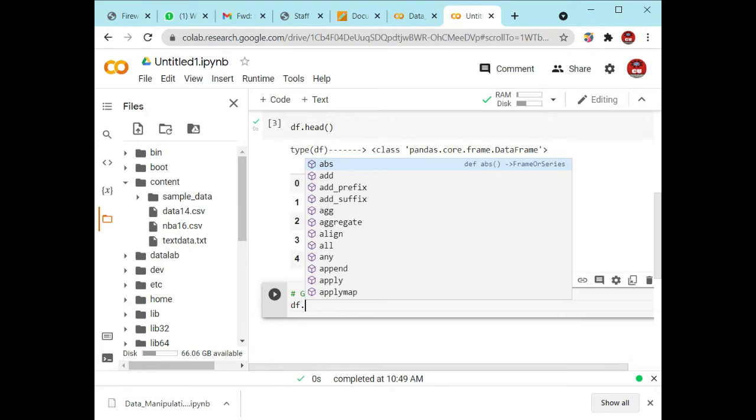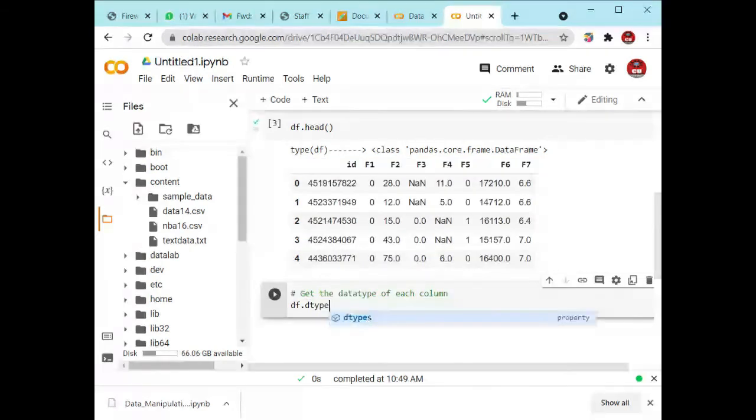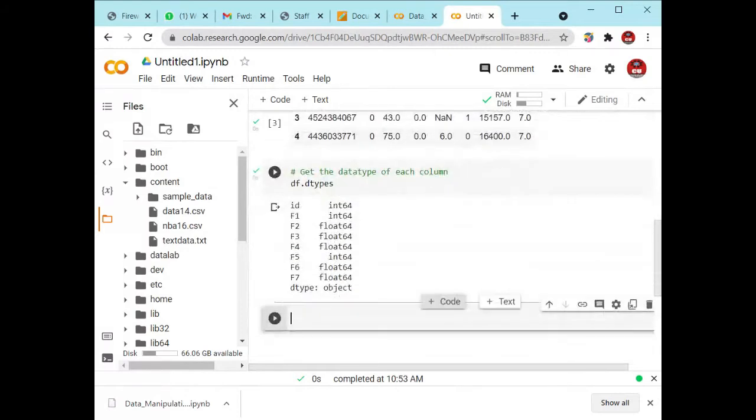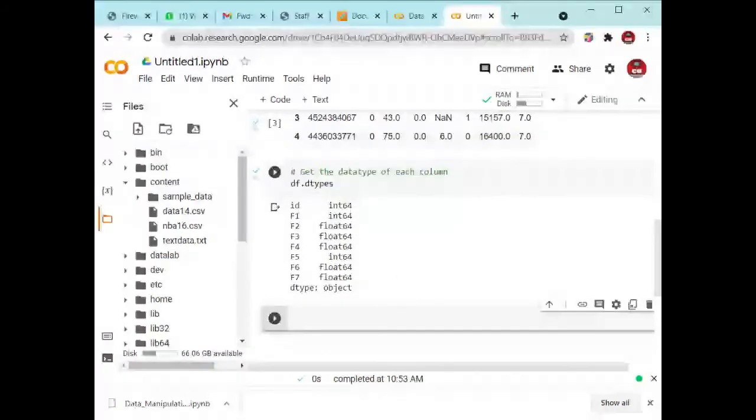Okay, so what is the function name to get the data types inside this particular file? dtypes. So this is the function. You have to execute it, and you will see this ID column contains integer 64 values. The F1 column contains integer 64.